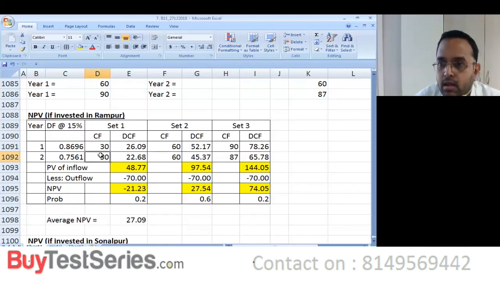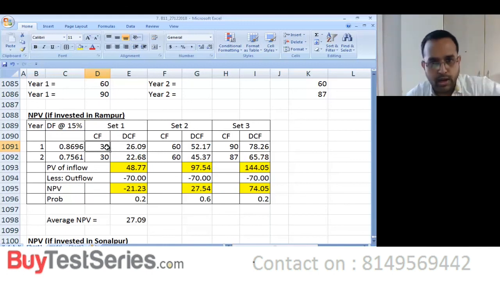But again there is a point. When I say 30 and 30 here, it's at the end of first year, end of second year, correct? But when now I am saying 30 and 45, 45 you will not get at the end of second year, but at the end of the first year itself. So it's going to be a 30 plus 45 right here, isn't it? That's how the cash flows will change when the project has got an abandonment facility. You run for 1 year, at the end of the first year you understand that you made a profit of 30, so you decided that you don't want to continue for the second year, you sell it right there and get 45 immediately. So this cash flow will be 75 here and no second year cash flows.